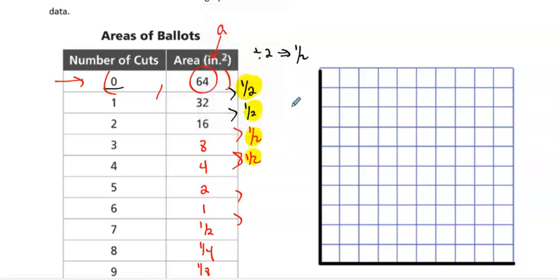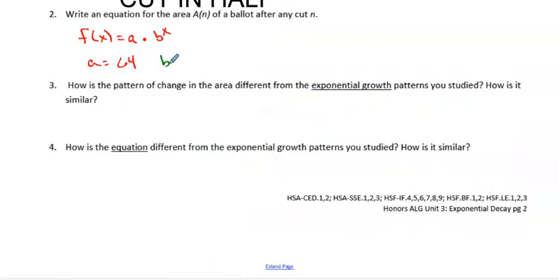So that's going to be my b value there, right? So that doesn't change either, but this time, this is my b. So now b is equal to 1/2. So now, my equation is f of x equals a, which is 64, times 1/2 to the x power. And this is what makes it an exponential decay. Right, so how is the pattern changing? Different. So the pattern is decreasing,